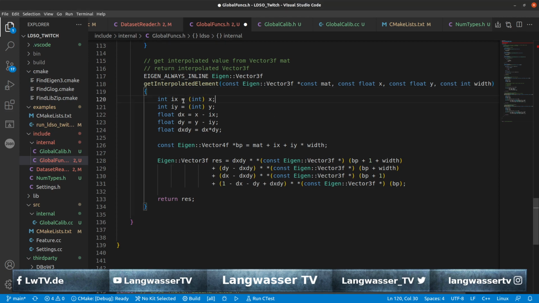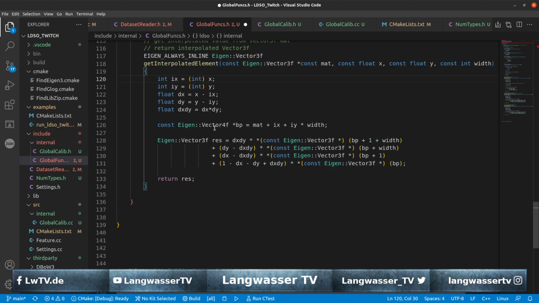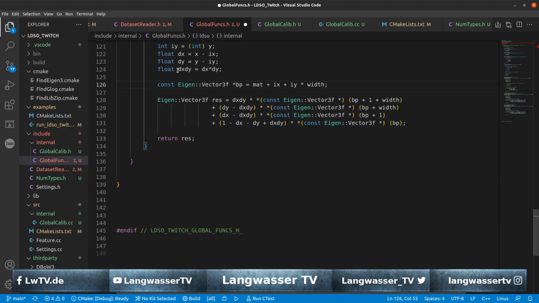Then we have the integer x, integer y, dx, dy, dx dy, and here we have a vector 3f. BP is equal to mat plus ix plus iy times width,